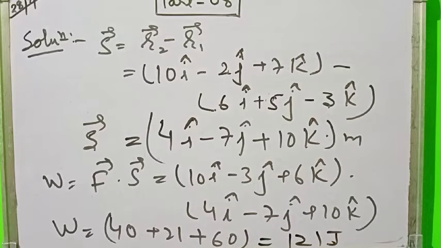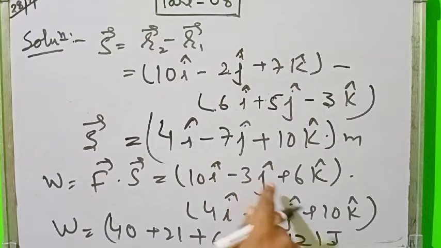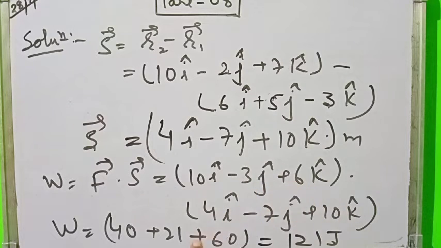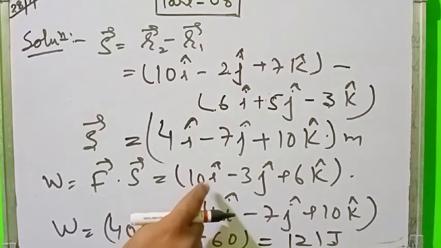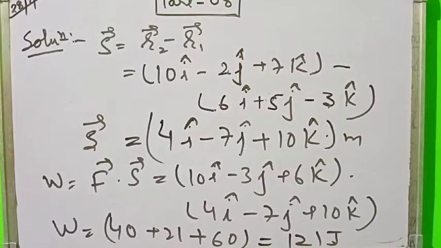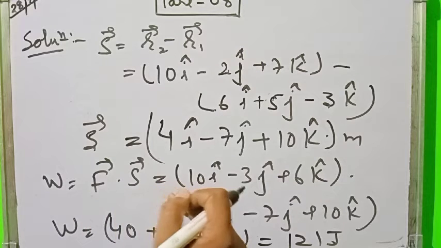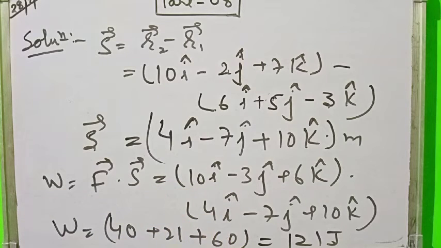I cap into i cap is equal to 1, and the rest are 0. J cap into j cap is 1, and the rest are 0. K cap into k cap is 1, and the rest are 0. So I applied the distributive property here, and from there we got the value of work done. We studied this distributive property while studying components of a vector. Okay students, now look at the next question, a very interesting question.